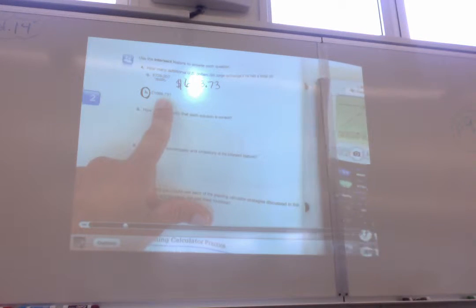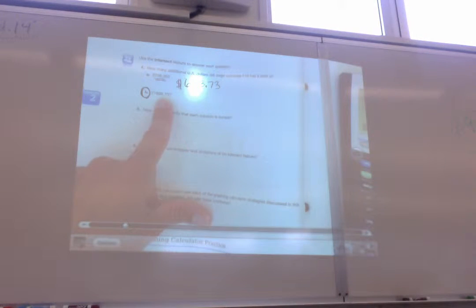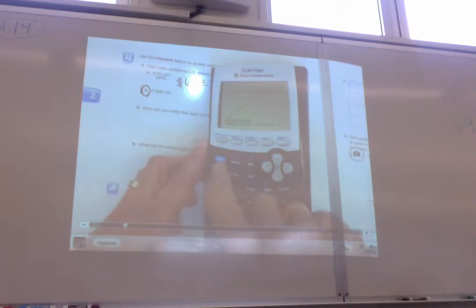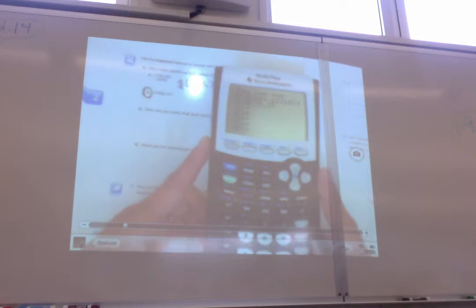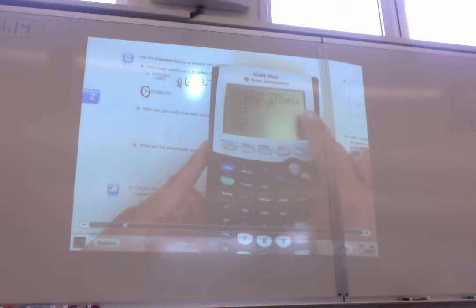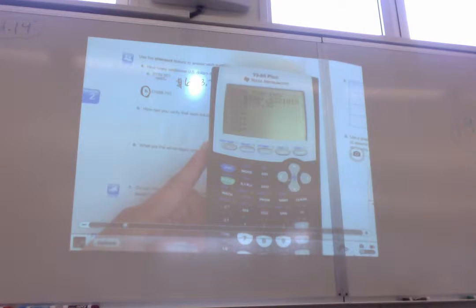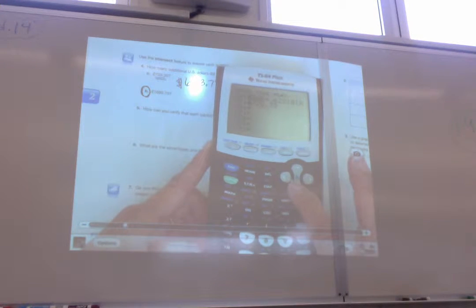Okay, now who remembers where we started? How did we start? What was step 1? Isabel. Y equals. So everybody go to y equals. The first equation's not going to change. We're still converting back and forth between pounds and dollars. What's going to change is this second equation, y2. So go down to y2, and this time you're going to push